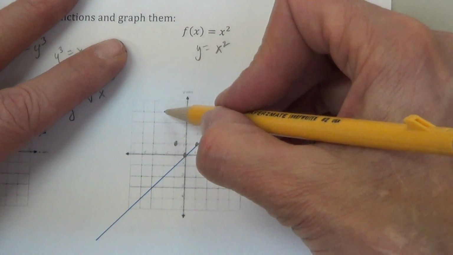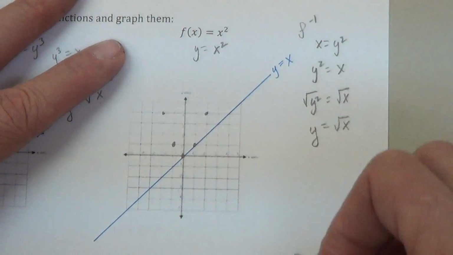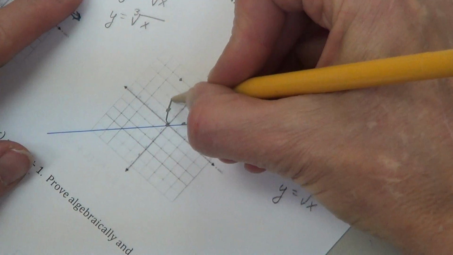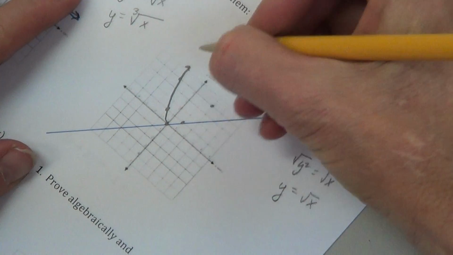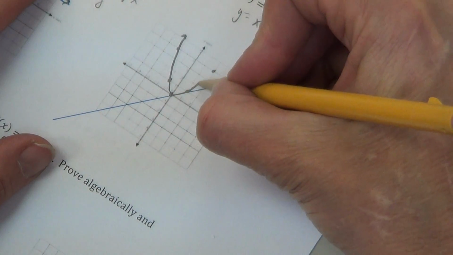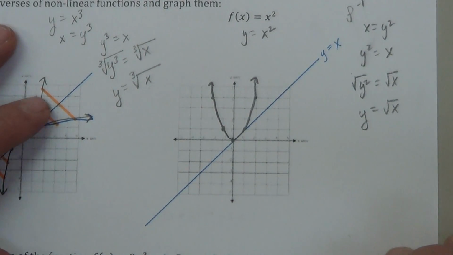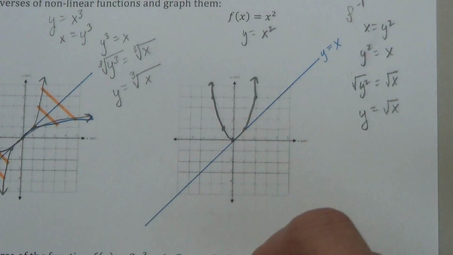And negative 2 squared is also 4. So now we draw what we remember, the parabola, like such. And now to do the inverse,